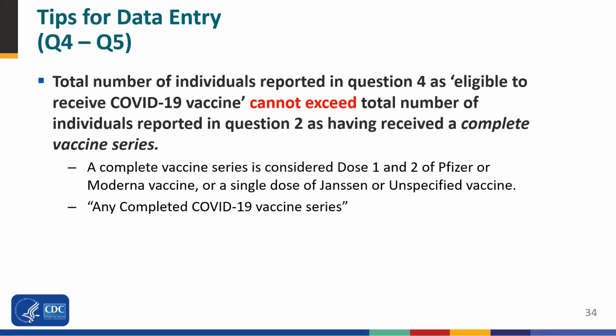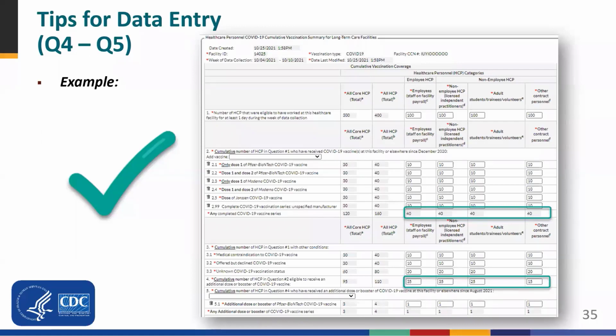requirements per CDC guidelines. An individual who has received a complete vaccine series has received dose 1 and 2 of the Pfizer or Moderna vaccines, or a single dose of the Janssen vaccine, or received a complete unspecified vaccine. This is auto-calculated by the NHSN application and displayed as any completed COVID-19 vaccine series. In this example, an error is not generated since the numbers entered for question 4 do not exceed the numbers